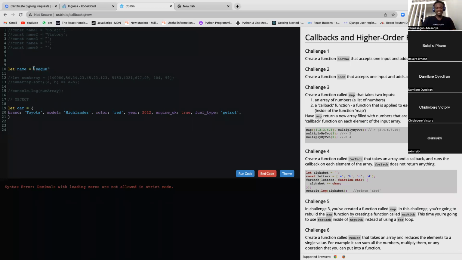At the same time, I can do something like this and say, okay, instead of Shegun, let me use Bolaji, let's say Dami. This name now, I'm assigning all these arrays inside of it. So all these arrays are the value, and this name is still the key. Do you understand? So I can cut this one and bring it